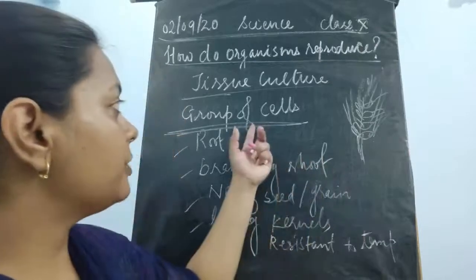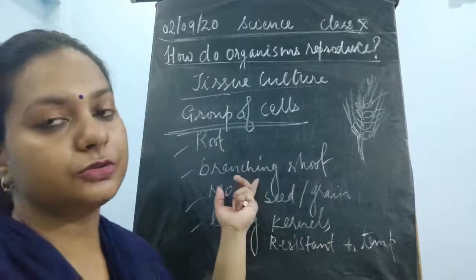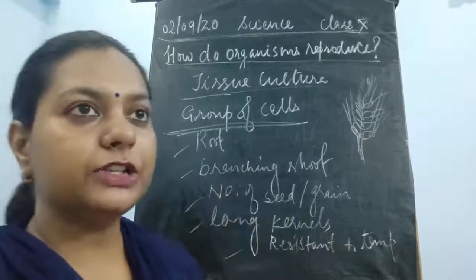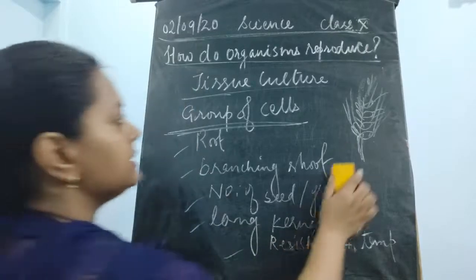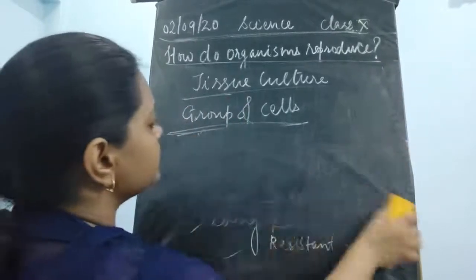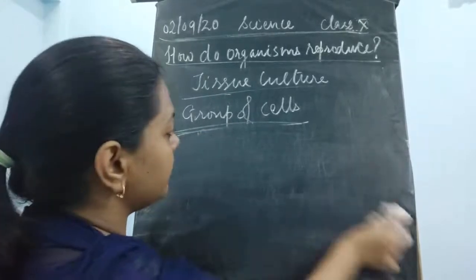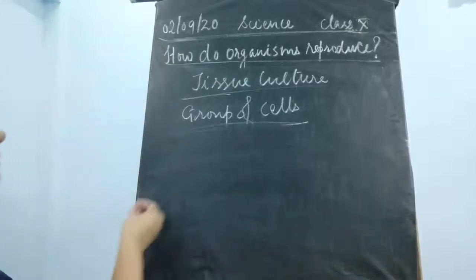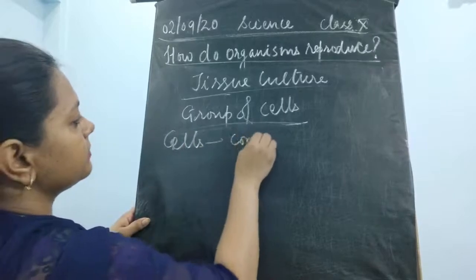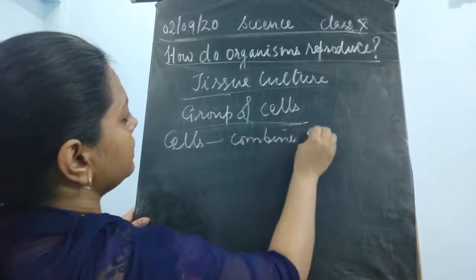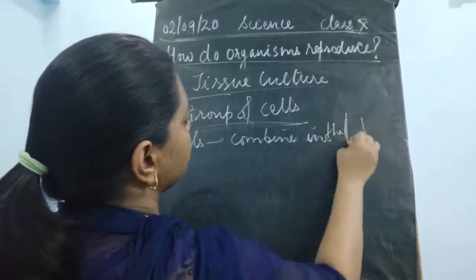Now we'll make a group of cells with certain desirable characteristics. For example, good root system and good shoot system we will take first. We'll take up the genes and then we will combine them. All this combining is done outside the plant, so plants are not responsible. We'll take up the cells and we will combine them in the culture tubes.